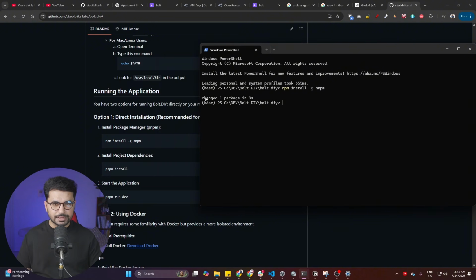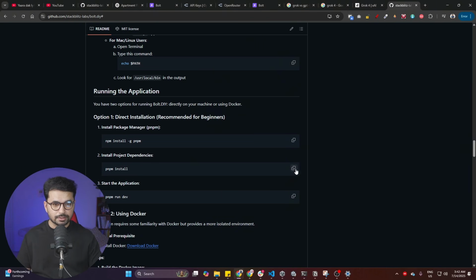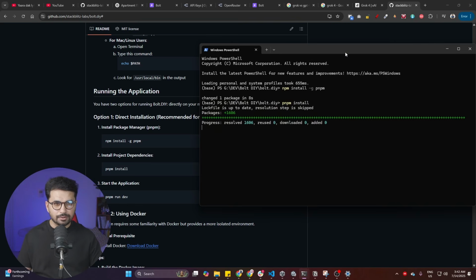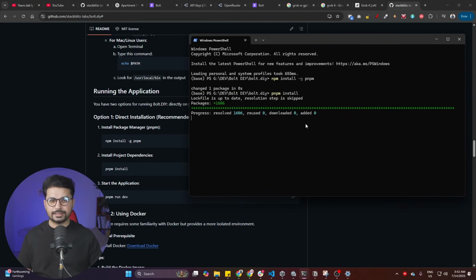So within just a few seconds you can see it has installed a package manager. After that we need to install the dependencies, so you just go back, copy this command from here, npm install, and press enter, and now it will start downloading and installing dependencies on our computer. It takes some time, probably just a couple of minutes or maybe 3-4 minutes. So let's just hold on and wait for it to complete, and once it is done, after that we can